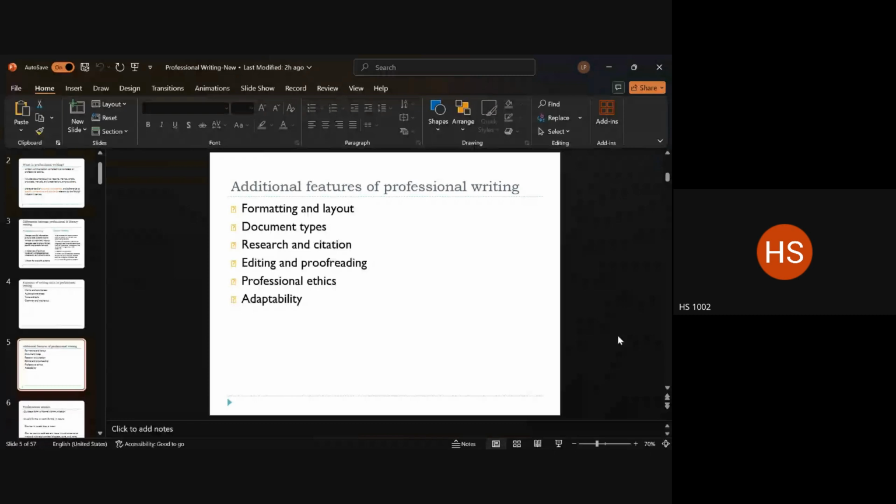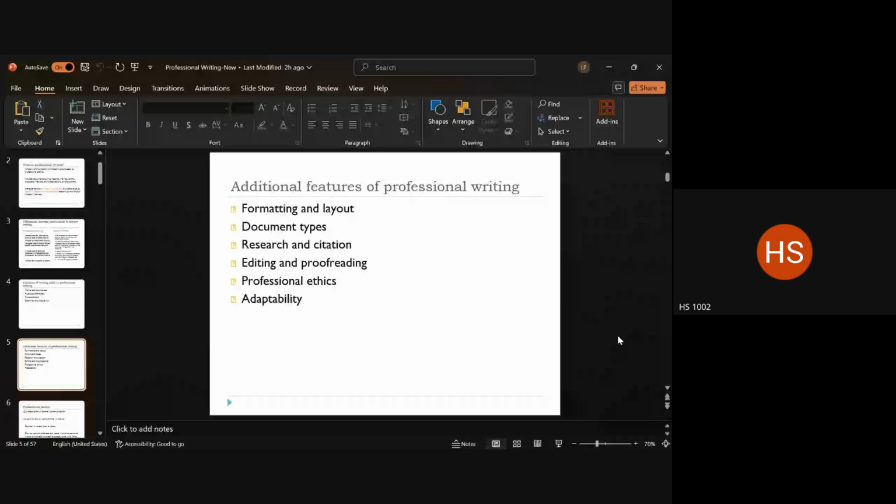Editing and proofreading. Editing and proofreading is the last step that you do once you've written the document. First, you proofread, right? Proofreading is basically correcting surface level spelling errors and grammar and all that. Editing is when you make corrections for the content that you've written. So you revisit your content and you see, have you achieved your purpose? Have you written things that you were required to write? Have you included all the relevant details? Did you add anything that is irrelevant to your study? All of this comes under the editing part, right?